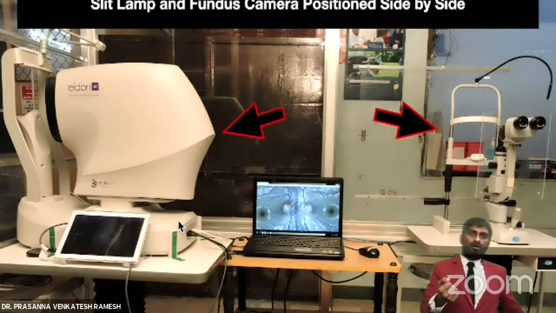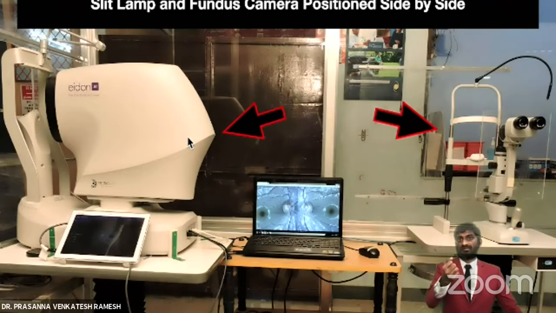As we already saw, the positioning, as you can see, I'm just sharing a part of my practice. This is not the only way. This is just another way which may suit the participants who are seeing this. The slit lamp and the fundus camera can be placed side by side. You can take a wire and connect it to your PC desktop, and you can even see the cup here, the zoomed examination, which is very easy for you.